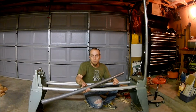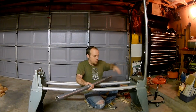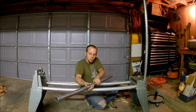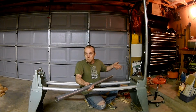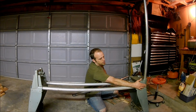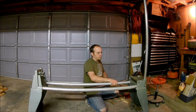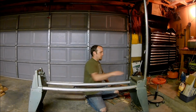I've obviously had this one apart recently, so once that's apart, it's usually a good idea to clean out your holes, make sure that they don't have any gunk or grime in them. A lot of people use a hard wax to lubricate their pipes and other components, so that can get built up and then you have to clean it out of there. So one trick when you're pulling these top pipes out is to make sure that you put this set screw in to keep this side from pivoting on you, and then you should be able to get a better pull on it. And I recommend a twisting and a pulling action. So once you get it out